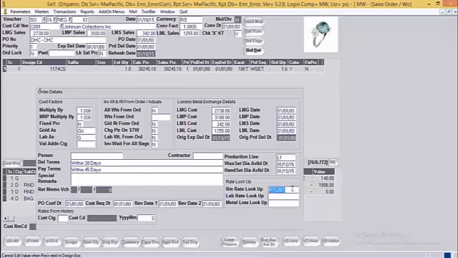The next is RM rate lookup, labor rate lookup, and the metal loss lookup. The values for these fields are being picked up from the customer master, but the user also has the option to change the lookup code at the order level. That is, in some cases, the user may wish to apply the rate chart of a different price list customer than the one mentioned in the customer master entry. So, the user will change the lookup over here and get the rate charts accordingly.